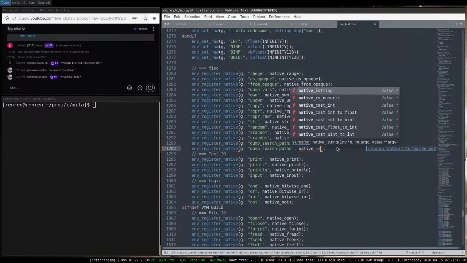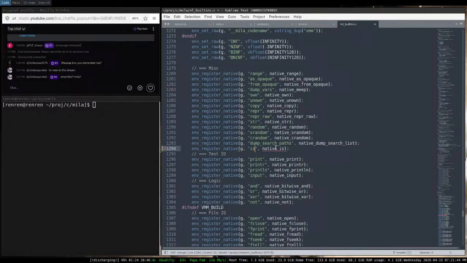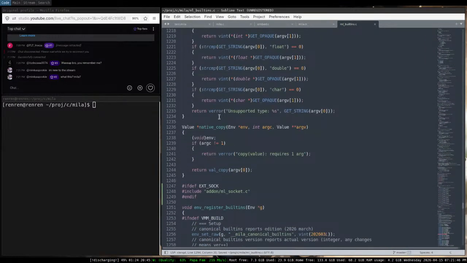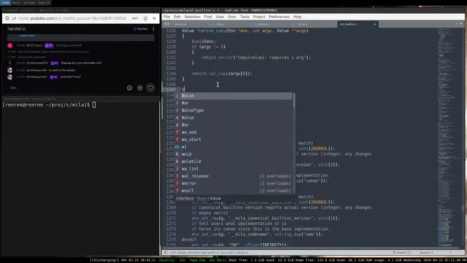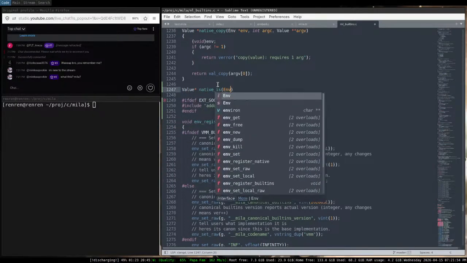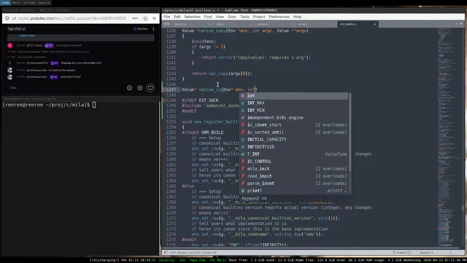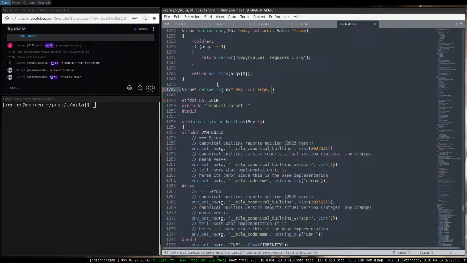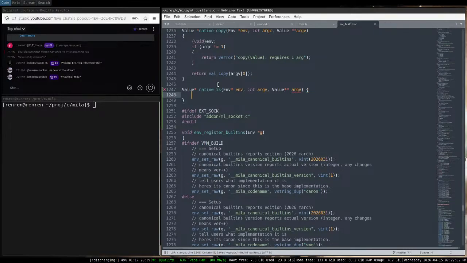Native is. And then just put is here. And then here, literally just go here, value, native is, in the star, in the int argc. So this,